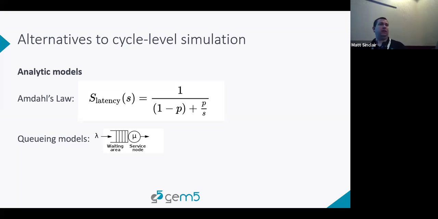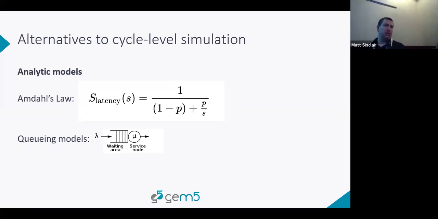And likewise, if we want to study queuing between components, we can use queuing theory or queuing models that take parameters like lambda for how many elements we're going to be putting in the queue, and mu for how much we're going to service in a given time. And they will then predict how long our queuing is going to take and how that's going to impact the behavior of our system. Now, the pro to these approaches is they're really, really fast, right? The mathematical equation, you can plug it into your calculator or Google Sheets or Microsoft Excel, and you can get answers right away. The downside is you're not able to do this kind of complex modeling that we just talked about on the last slide,